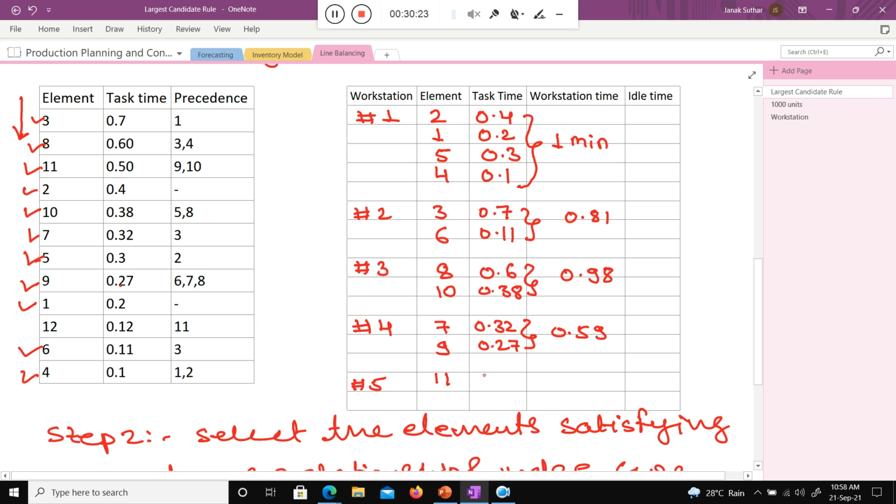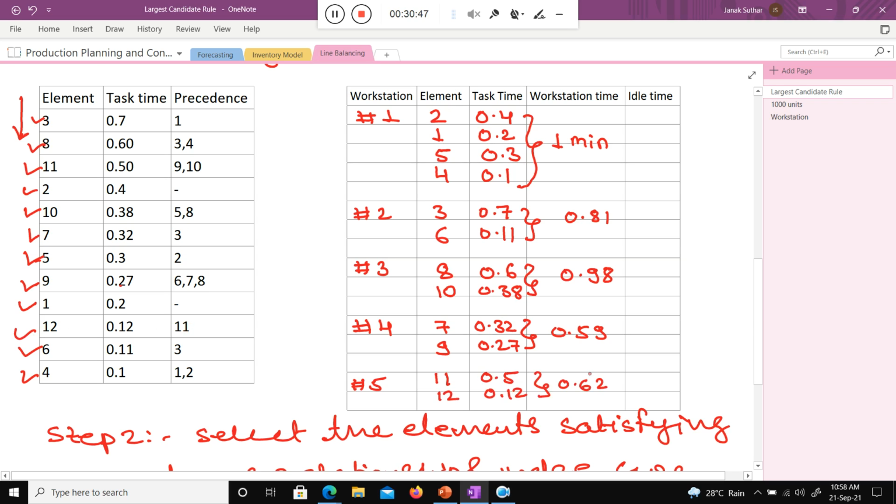That is 0.5. Now 12 is the only one remaining, and I consider it because 11 is completed. What is the time for 12? 0.12. Can you tell me, class, what is the workstation time? 0.62. Very good.